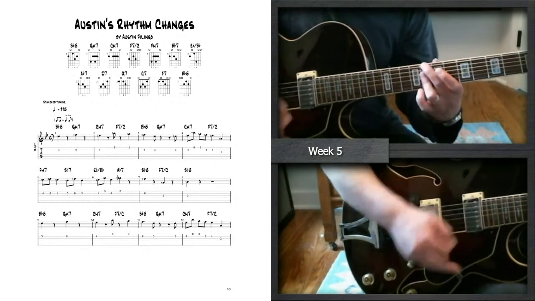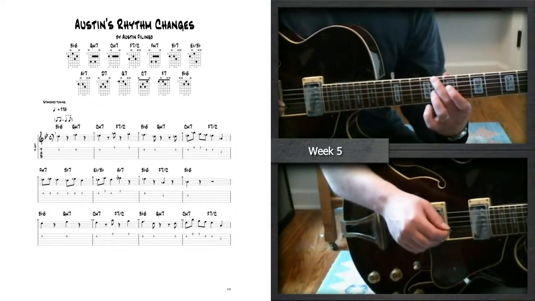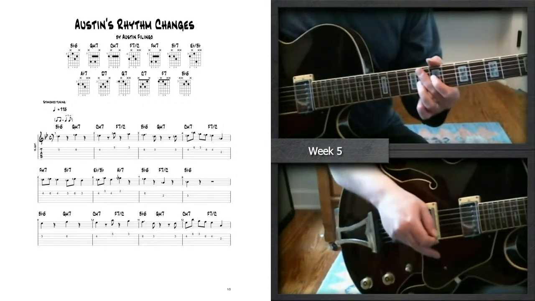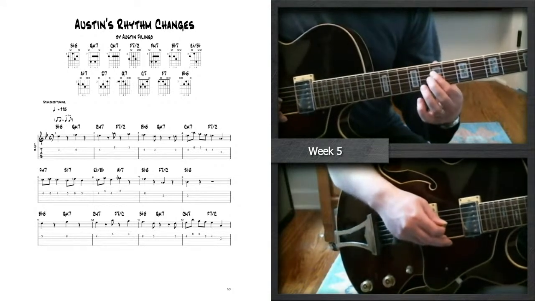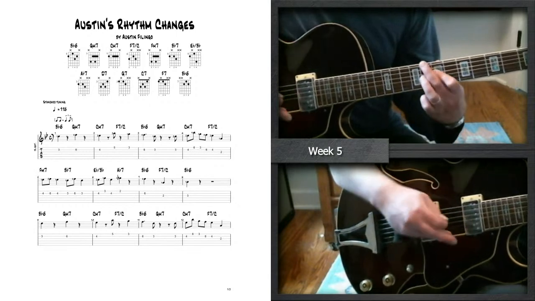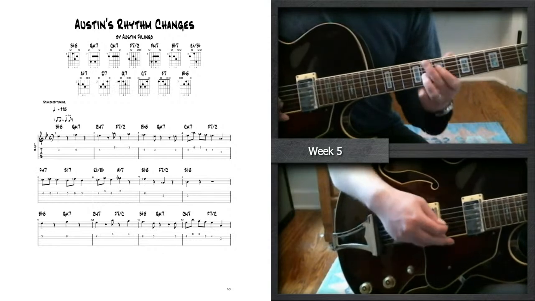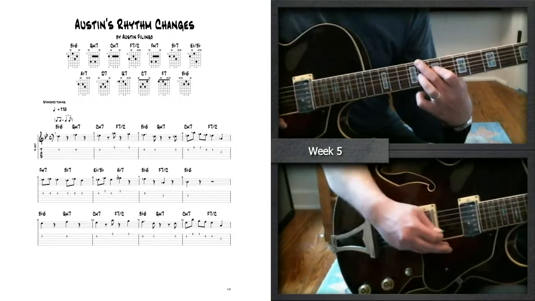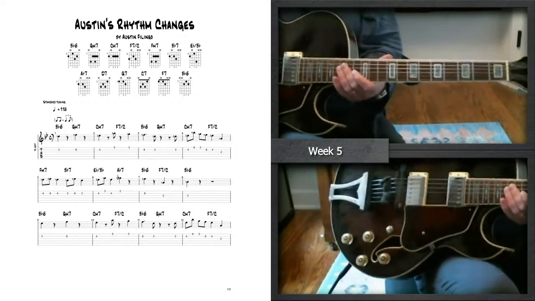right? And this one, just real quick, there's your 5th, 8th fret, 6th string, 2nd finger, omit the 5th, and then you have 1st finger, 7th fret, which is the 3rd, on the 4th string. And then your 3rd finger grabs the flat 7 or the E flat note on the 3rd string, 8th fret, right? And that move, and remember, if anybody's ever having trouble with these chords, it's one of those things,